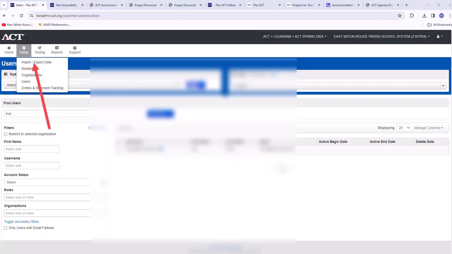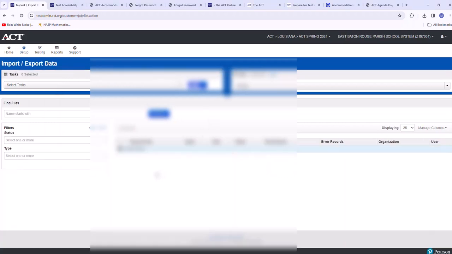If you're going to import data like your seniors, remember the state only uploads juniors and any seniors without an ACT score. Anyone else, like the seniors that already have an ACT score that you're going to retest, you have to upload them yourselves. That's going to require an SDU file, which is going to require the importer role. So you're going to need the importer role.